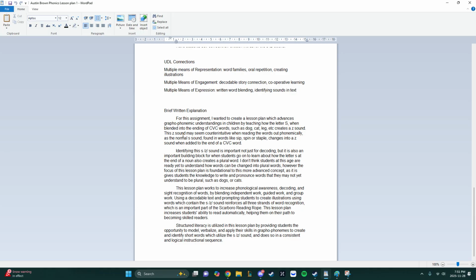creates a Z sound. And this Z sound may seem counterintuitive when reading the words out phonemically, as the normal S sound found in words like sip, spin, or staple changes into a Z sound when added to the end of a CVC word. Identifying this SZ sound is important not just for decoding, but is also an important building block for when students go on to learn about how the letter S at the end of a noun